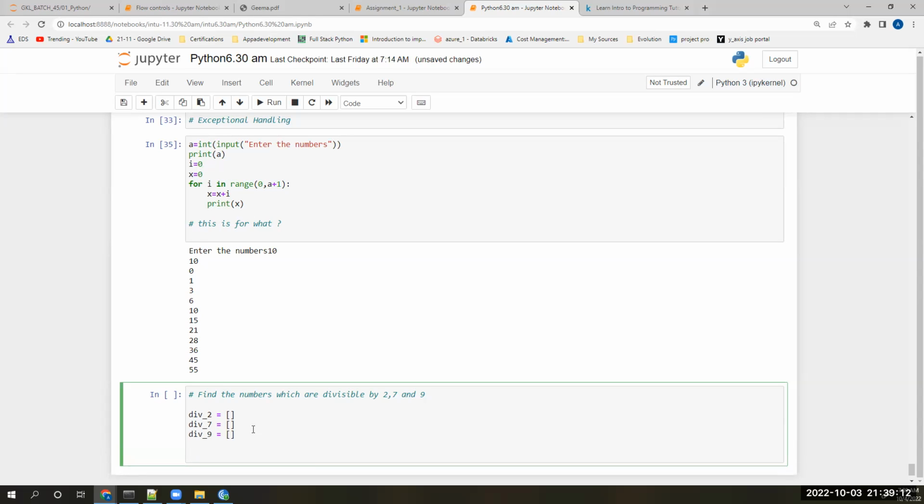A list can be created with the help of square brackets. Okay, right. Now see, which numbers are we looking for? For i in range of numbers from 1 to 10,000. Now what do we need to do? If i is perfectly divisible by 2, that is i mod 2 double equal to 0,